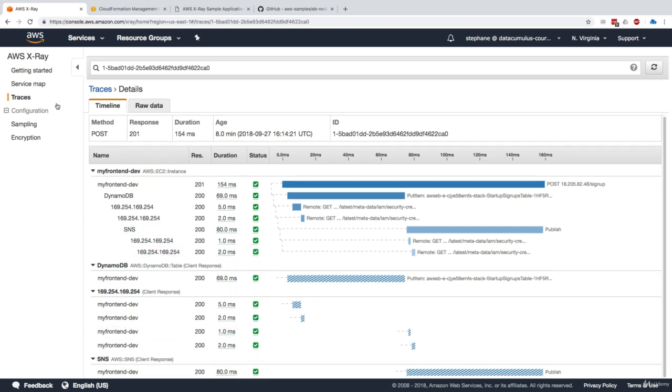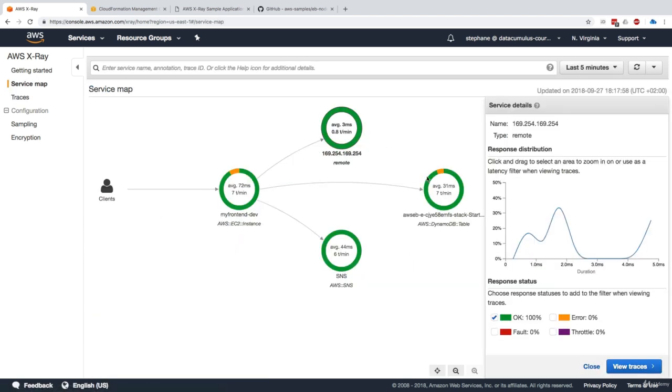So this distributed tracing thing is really, really cool because we're really able to get graphs and traces and just navigate the errors in our code. So that's what's really awesome about X-Ray overall. It was really simple to enable. And then we get this nice service map. So that's it for X-Ray.